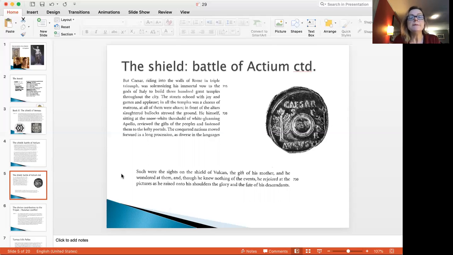So we get the whole streets echoing with joy, and even Apollo is mentioned as supporting him. So the idea here is that on this shield, we see the future of Rome's greatness,